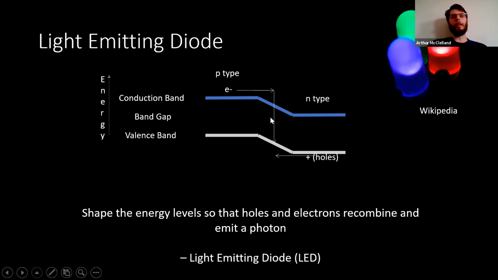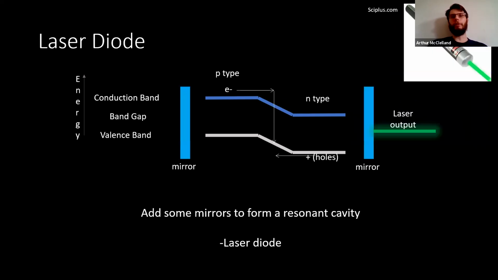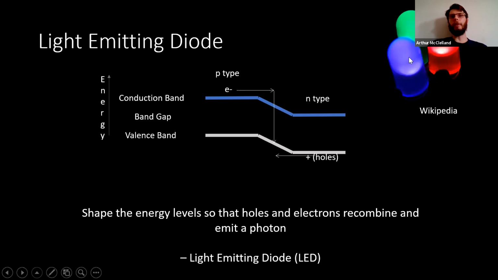If we engineer things a little bit so that we have a nice direct band gap, we can get a photon coming out when the electrons and the holes recombine, and it emits a photon. We've now made a light emitting diode. So the electrons come and then they recombine with the holes. Conservation of energy says the energy has to go somewhere. The energy goes into the creation of a photon. Photons are nice in that they have no mass. So we can create and destroy photons at will, but they do carry away energy.